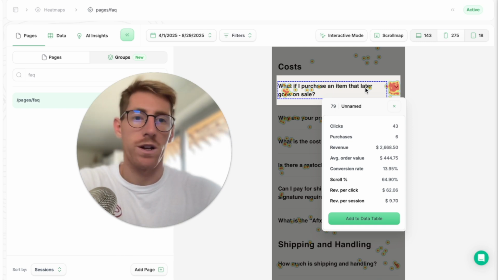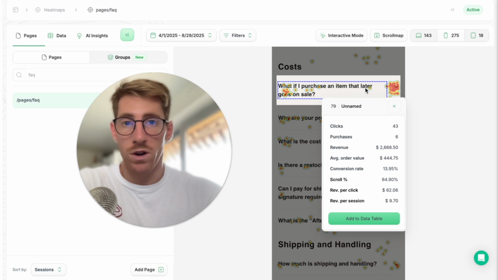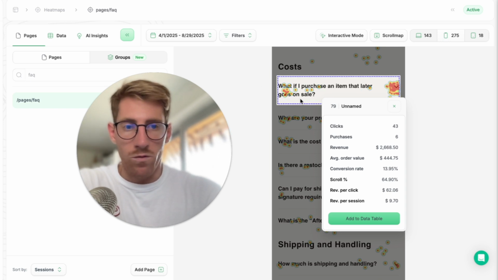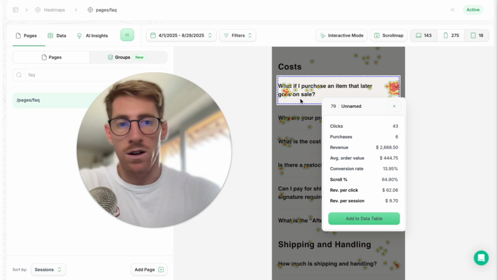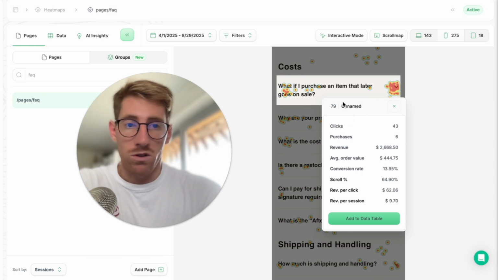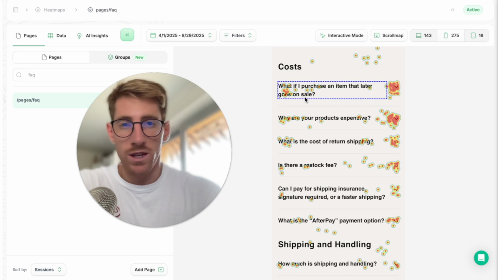If you buy something for, let's say, $100, and the next month the price goes down to $60 because of a sale, you would be pretty annoyed, right? And I think that here the answer was working very well. Perhaps the brand is saying that they'll refund you the difference between the price you bought at and the sale price. Apparently, the answer drove a lot more purchases compared to the other questions. It's a 14% conversion rate, and we have a very high revenue per session and a very high revenue per click. So you see, even though this FAQ is getting less traffic than this one,